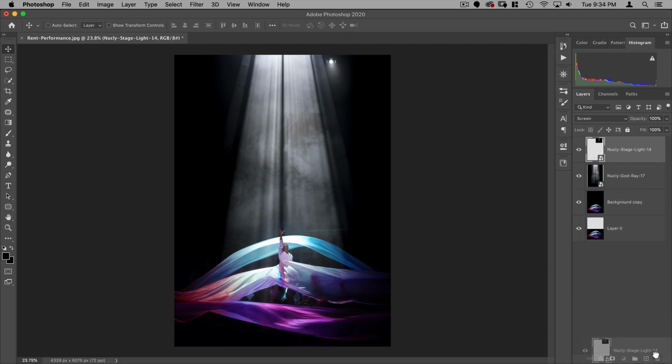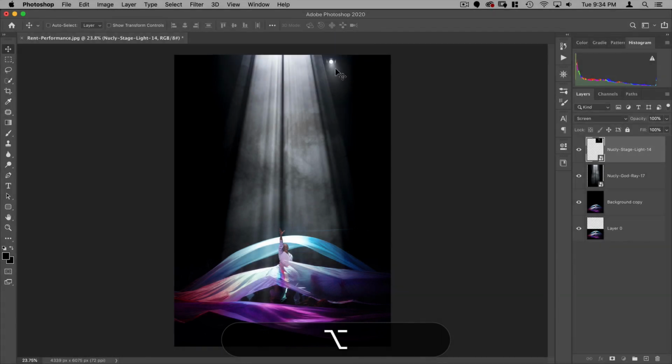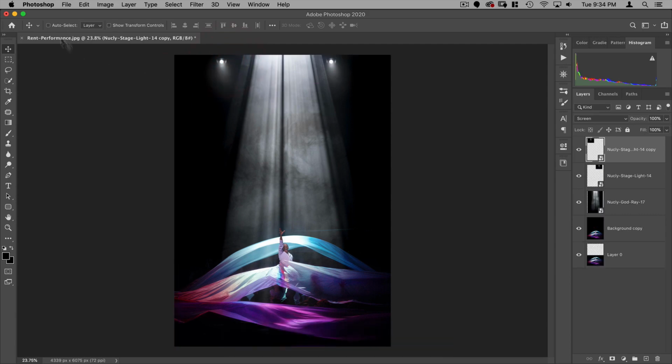I can also drag this down here to the new layer icon. Another way that I can make a copy is hold down Option, and you'll notice that my cursor changes to a double set there. That means it's going to duplicate this layer. So that's an easier way to make a copy of a layer. So there you go. I now have two copies.